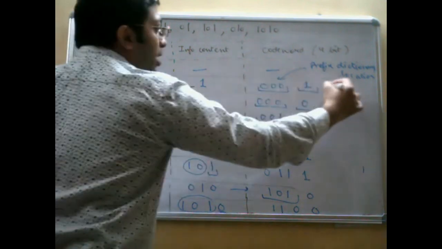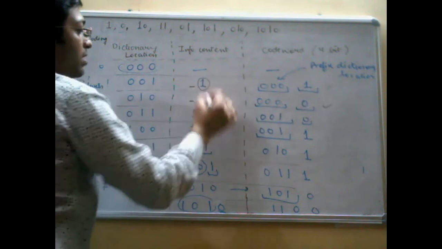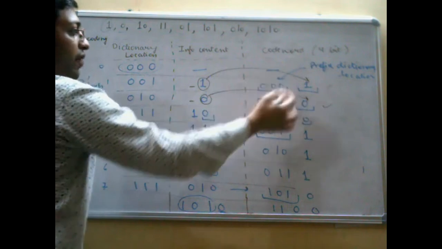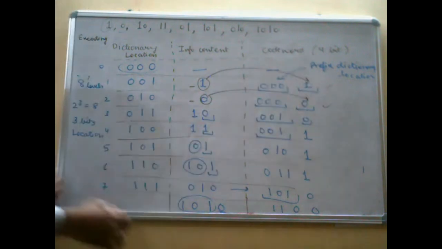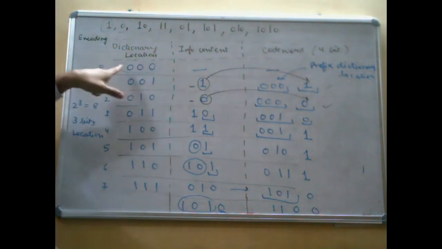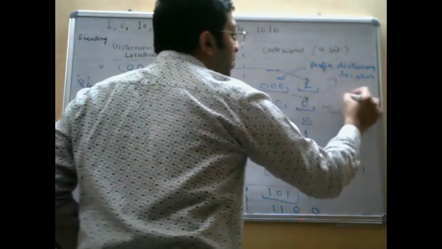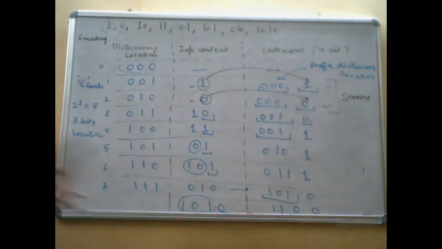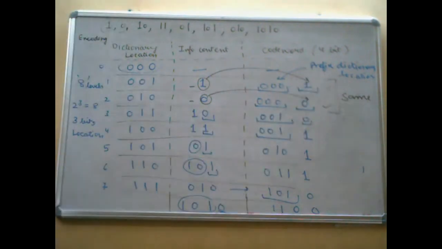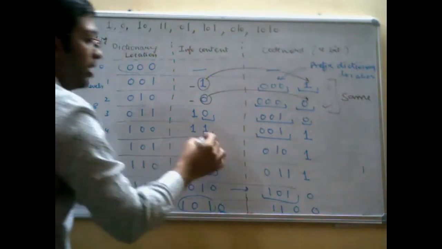Now, for the starting 2 values, for 1 and 0, this bit will be passed as such always to the last one. For the remaining first 3 prefix bits, how is it assigned? Here no information is there. No information means the dictionary location 000 will be assigned. These two will always be the same, whatever the case. Either you will get 0 over here or 1 over here, but these will always be the same. Now, see over here, any other code word I'll take. Like, I'll take this example.